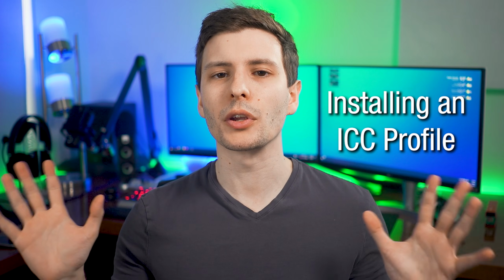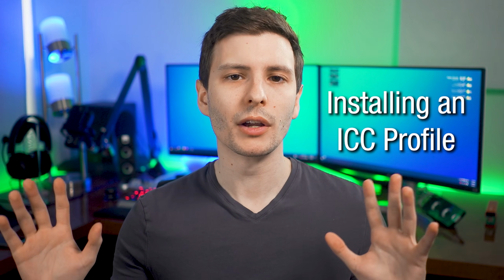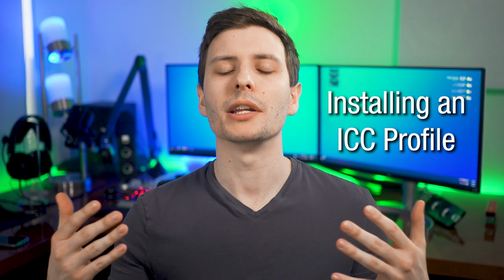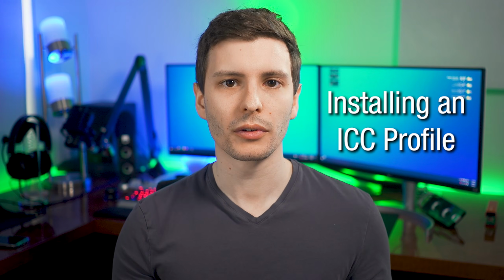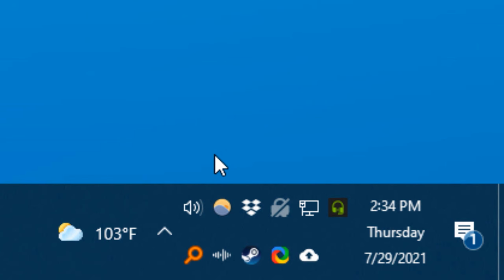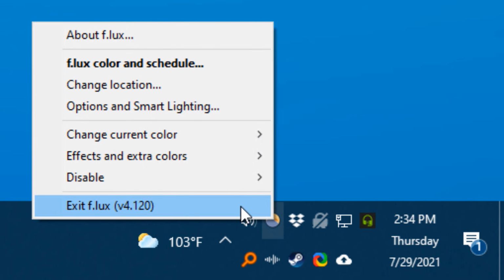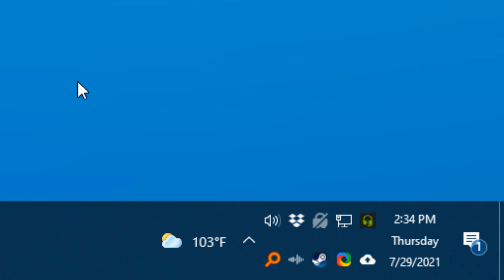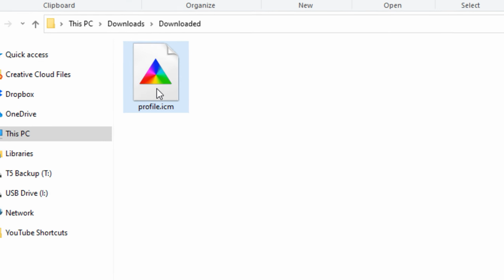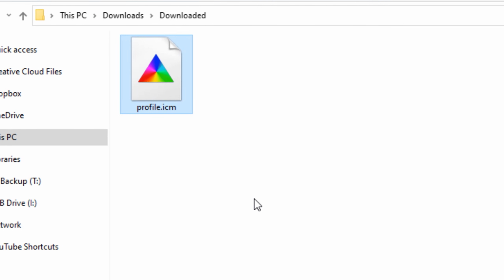All right, so at this point, let's say you've downloaded whatever ICC profile for your monitor. How do you actually go about installing it on your computer, on Windows? Well, the first thing you should do, if you have any programs like Flux or anything else that might be modifying the colors of the monitor, turn those off while you install it. You can turn it back on afterwards, but it might mess it up if you have it enabled while you're doing this. Now, first thing I would recommend is go to whatever file you downloaded and rename it to be something unique that better describes what it is.